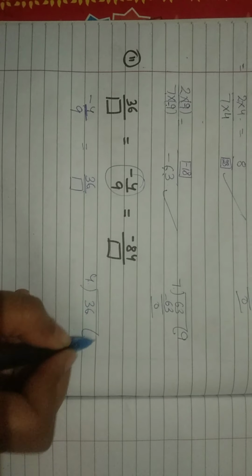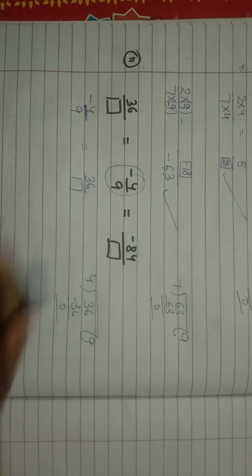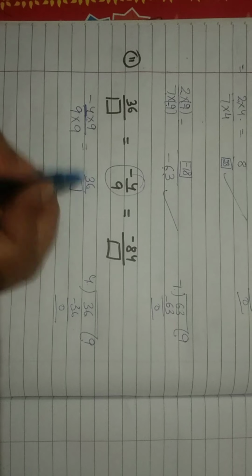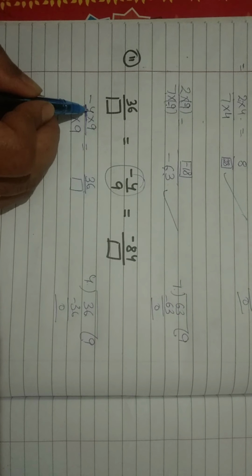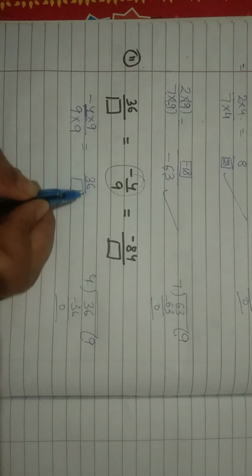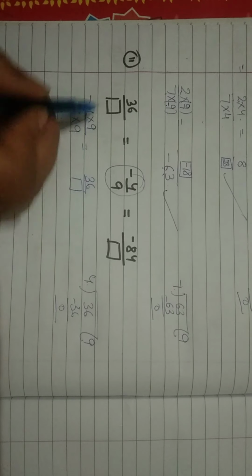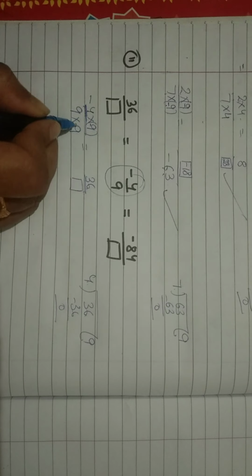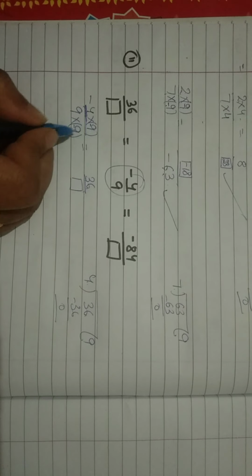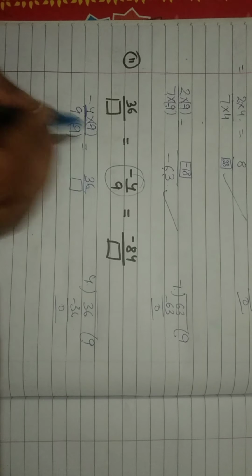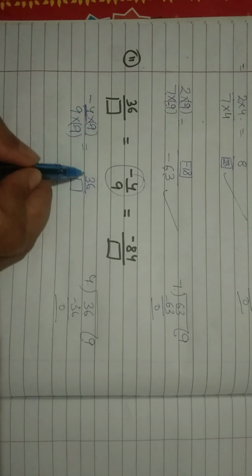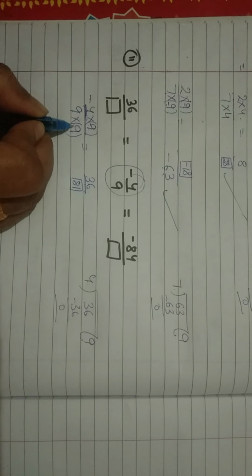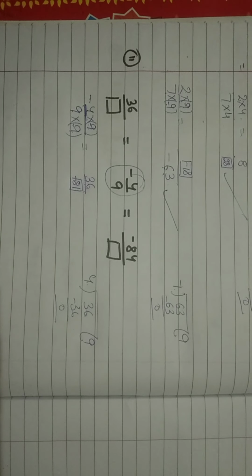So by which number? Let us divide. 4 9s are 36. So it is multiply by 9. Over here it will be multiply by 9. But it is of plus sign. If we multiply -4 and 9, then we will be getting minus 36. But in our answer there is plus 36. That means again 9 will be of minus sign. So we will multiply both numerator and denominator by minus 9. So minus into minus is plus. 4 9s are 36 and 9 9s are 81. But one number is negative. So in your answer there will be minus.